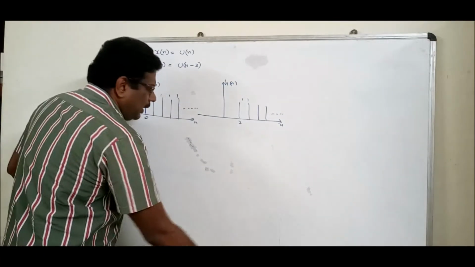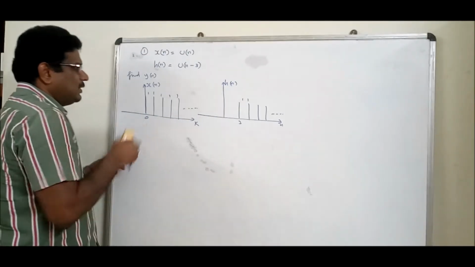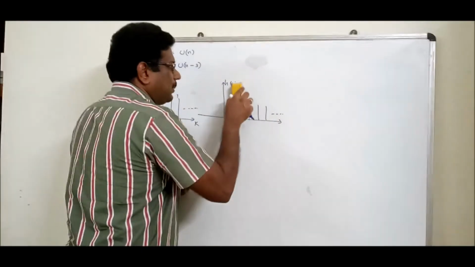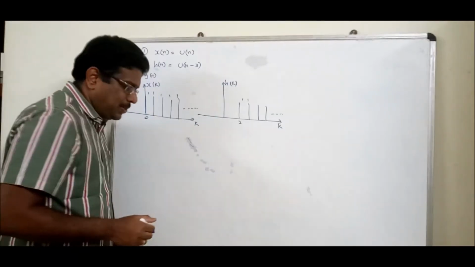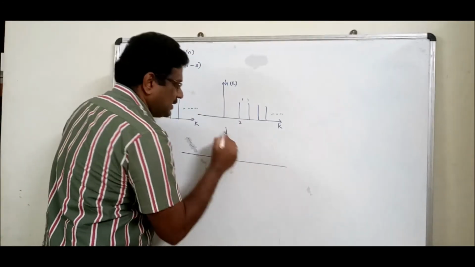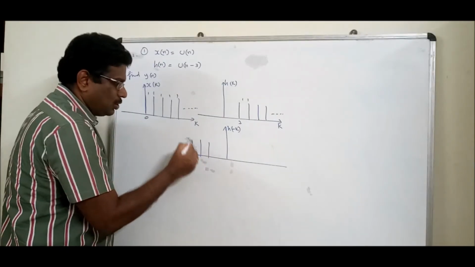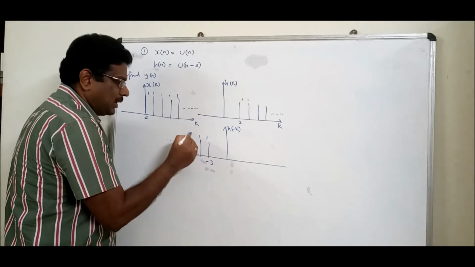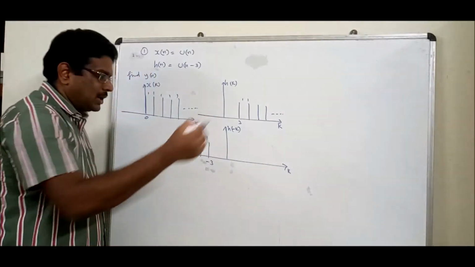If n becomes k, this will become x of k. Here also, if n becomes k, this will become h of k. Now as per our procedure, what is next? H of minus k, which is the reflection. H of minus k is just reflected, which goes to the negative side. Dot dot dot, 3 becomes minus 3. I told you, maintain only one value, especially the first value and last value.